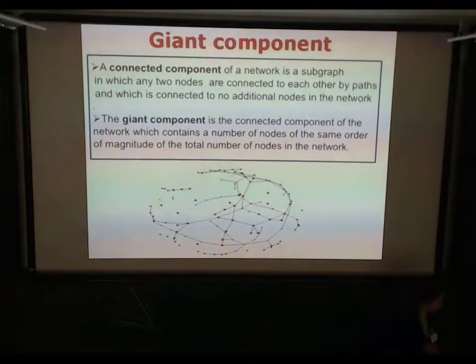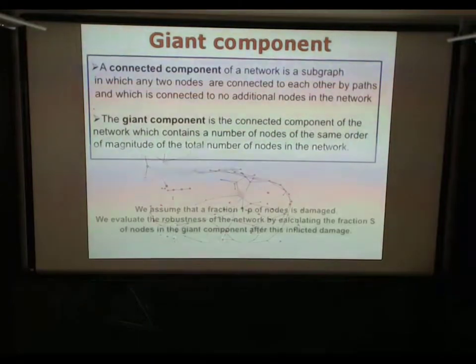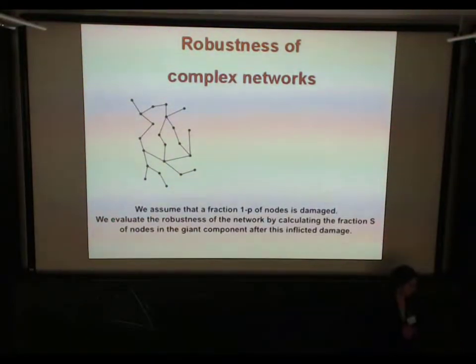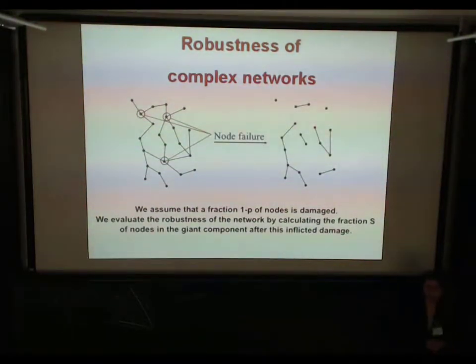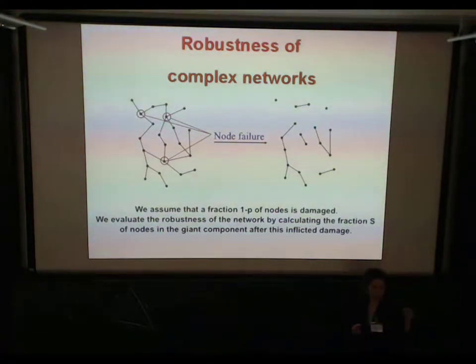So the component, the largest connected component, is of the order of the number of nodes in the graph. When people studied the robustness of the network, they took a network and damaged each node with probability 1 minus p. So p is the probability of not damaging a node, and then they look at the giant component and how it is reduced after the damage. The fraction of nodes in the giant component is what is called the order parameter